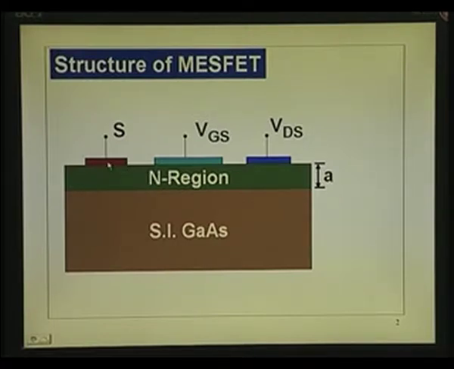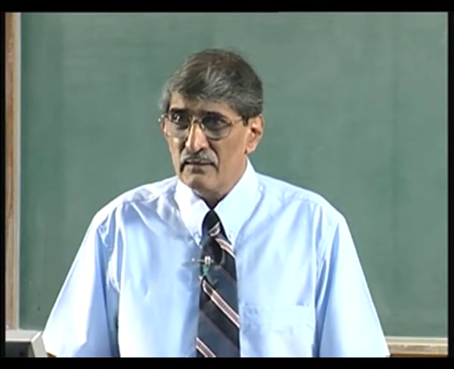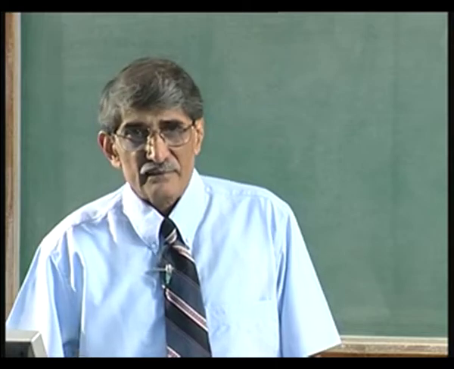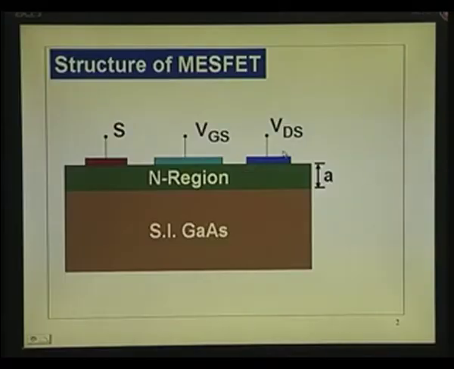Now, you have got here this region as the source, that is ohmic contact, and the drain, that is also ohmic contact. When you say it is ohmic contact, you understand what it is now. It is gold germanium alloyed onto that contact N type region, that makes the ohmic contact. So, straight away evaporate gold germanium, alloy at 400 degree centigrade for about a minute, you get the ohmic contact. We will have occasion to get into more of the technology details later, and this portion is actually the metal